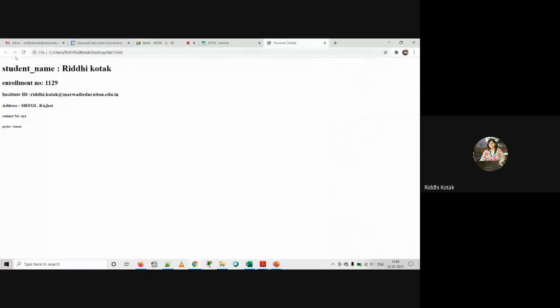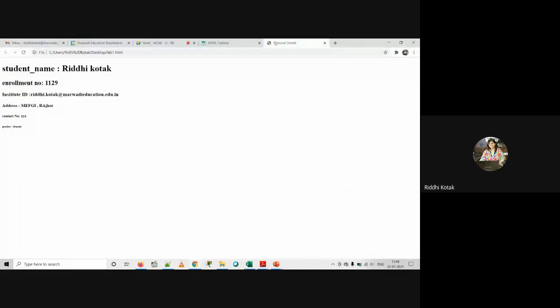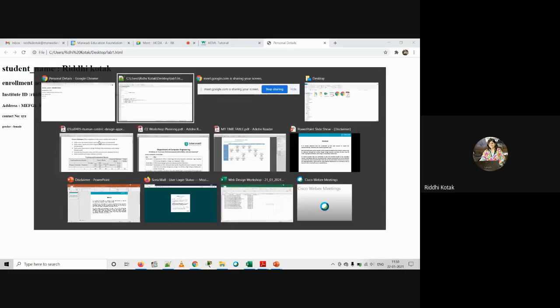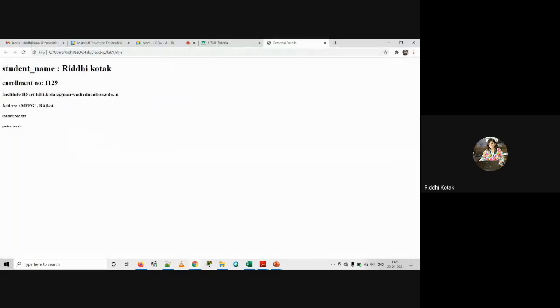Okay, so I have just refreshed the browser. I have given the title that is personal details, so the same is reflected over here. Previously it was fourth sem MU, now it is personal details. See, now you can clearly differentiate between the H1 to H6 tags. Over here the font size is the same, but once you run it, according to H1, H2, H3, H4 the font size will decrease.